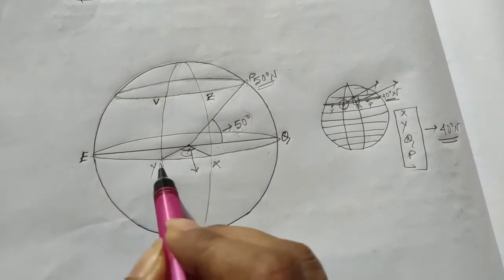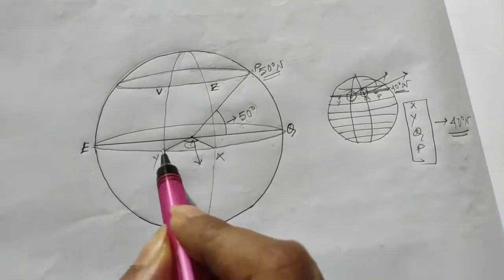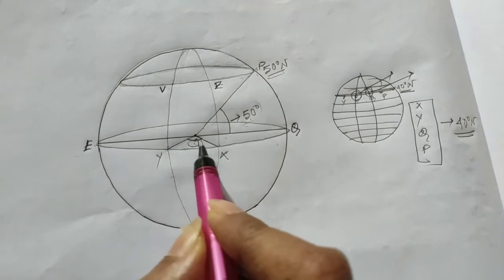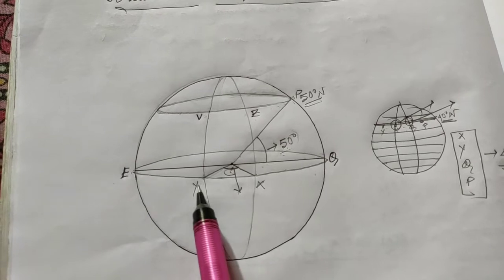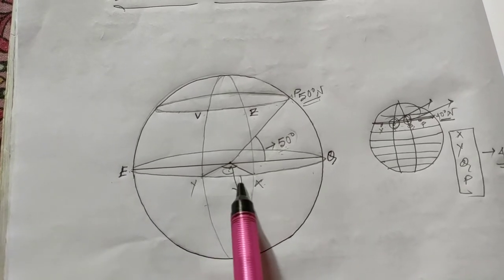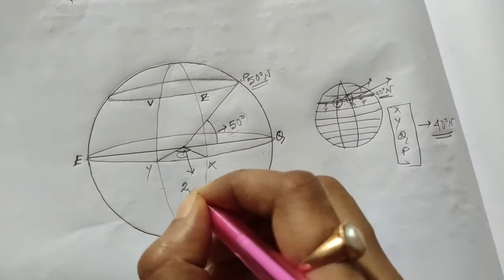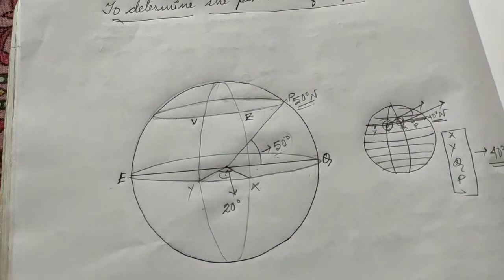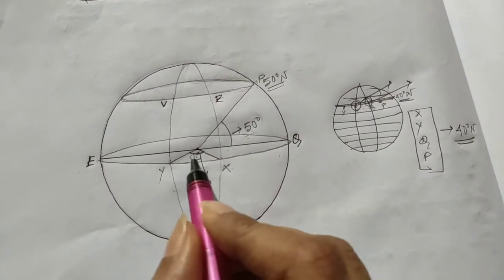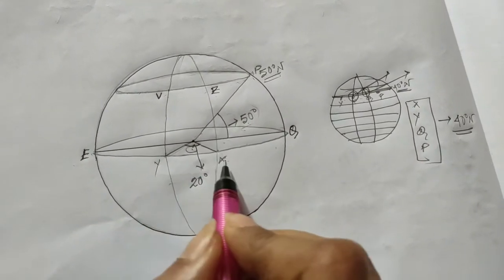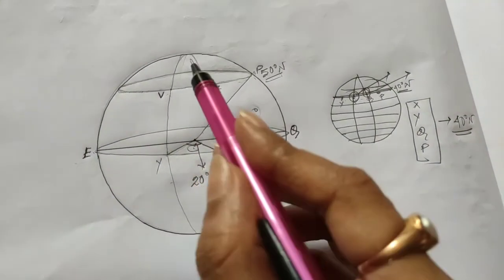Where it intersects both of these portions, from the two points, I will get an angle with respect to the center. So that angle means YCX or XCY, that is the angle. So that means that is 20 degrees. So this angle is the position of this XCY. So that means this is the value of this latitude and of this latitude.